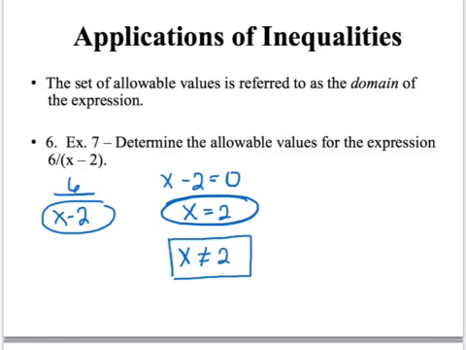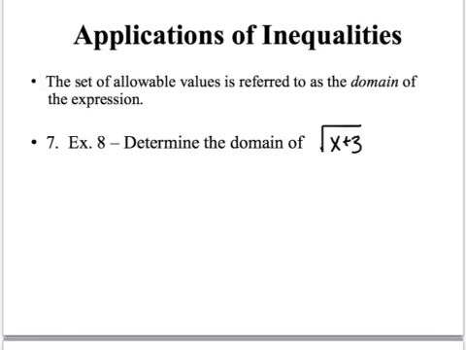X cannot equal 2. Okay, this next example also deals with domain, except now I want to find the domain of a radical function. So I have the square root of x plus 3. Well, you can take the square root of any positive number and 0, but you cannot take the square root of negative values because those would result in imaginary numbers. So what you do here when you're finding the domain of a radical is you take the value underneath the radical, remember that's your radicand,